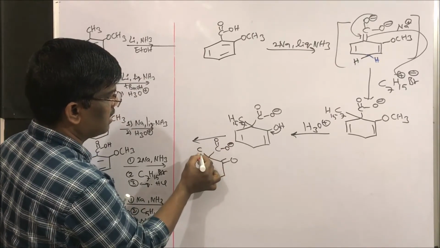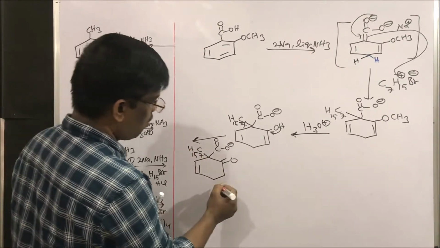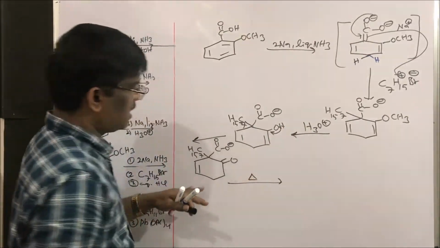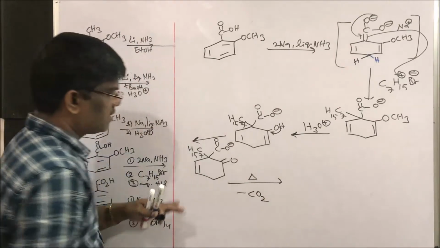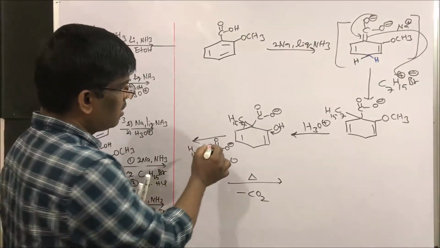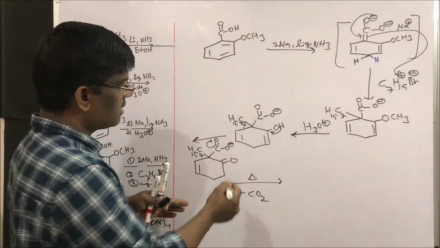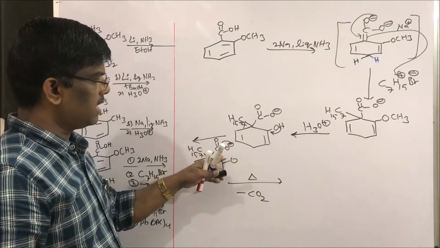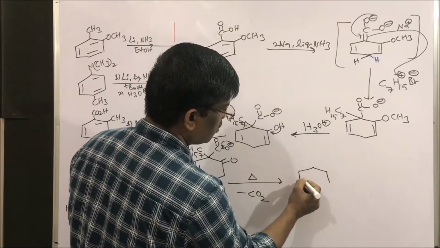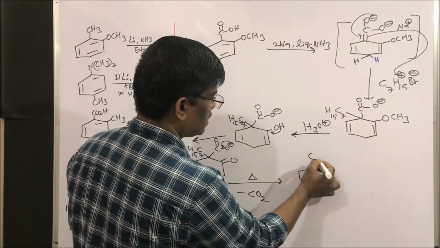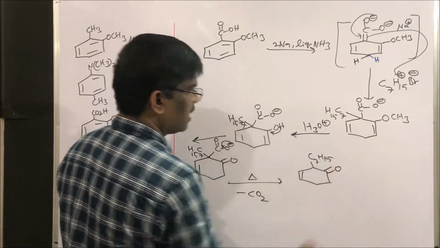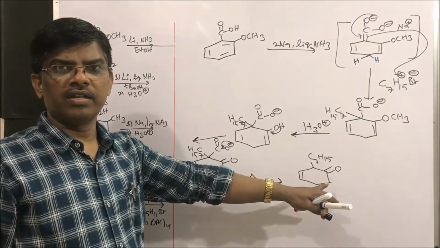O minus and C7H15. Now when we do the acid hydrolysis reaction under heating conditions, minus CO2 takes place. Why? Because this is a stable quaternary carbon, so it easily goes out. This carbon dioxide will be released from the reaction mixture to give this compound, C7H15 double bond. Yes, this is the compound we are going to get.